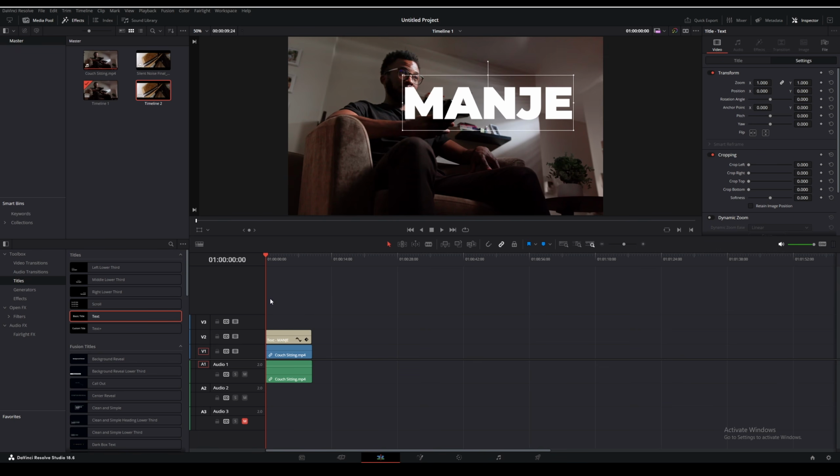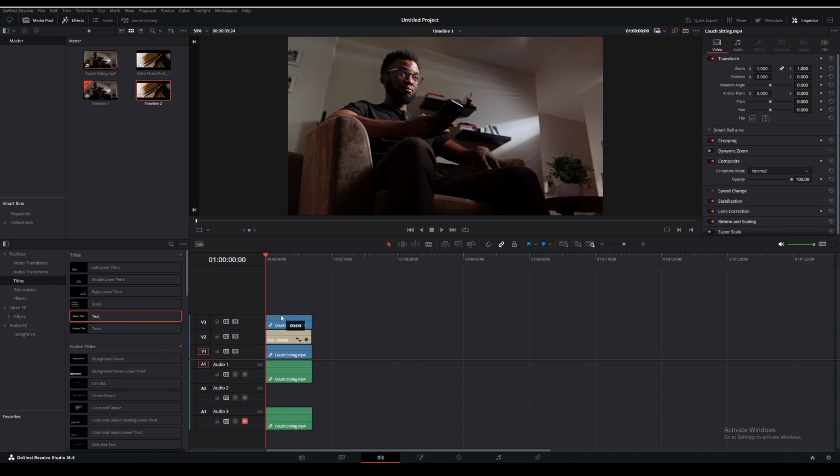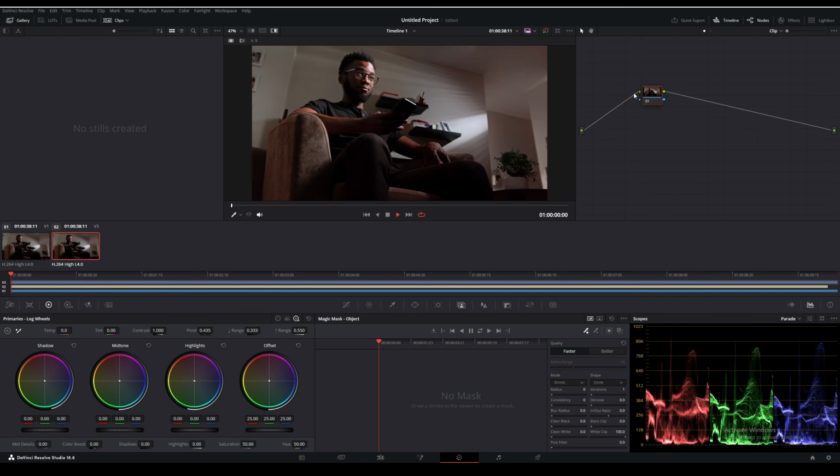here. So I'm just going to unhide that, and then what you want to do is duplicate your original clip and put it above your text layer, and then go back to the color page. You can always do this at the end of your node tree, but this is for illustration purposes, so you can just make a new node and name it. We'll just name it Magic Mask because that's what it's for,